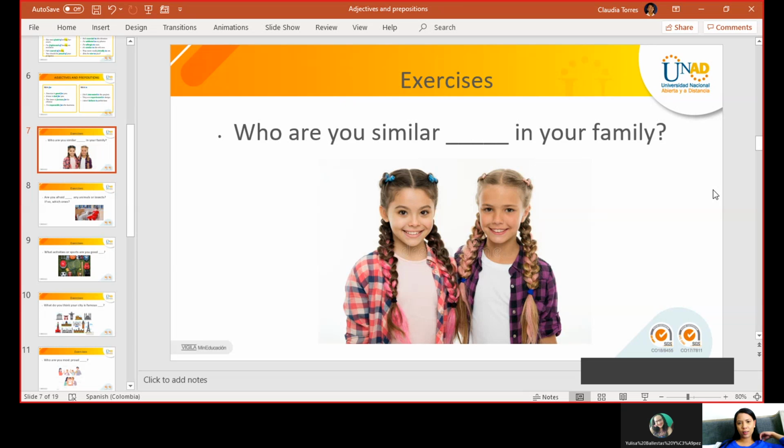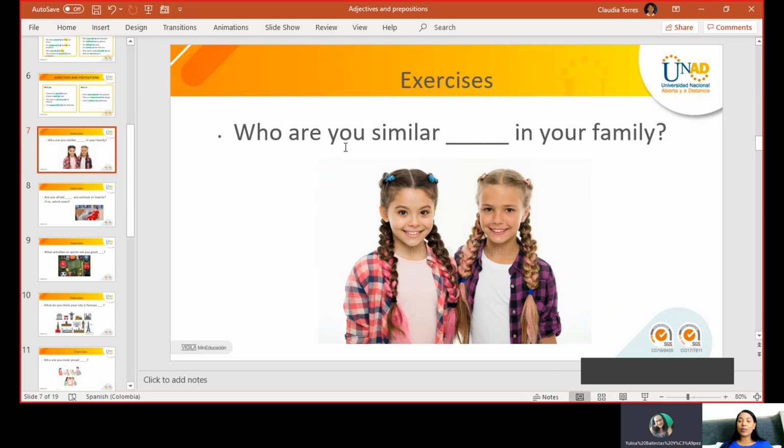Okay, so what can you see in the screen, in the picture? Two young girls, with they are like twins. They look, and they are like using, I don't know how to say, trenzas. In English, braids. Braids. Oh, they have braids. And they look similar, but in different colors. The shirts. Yeah, that's great. Great description.